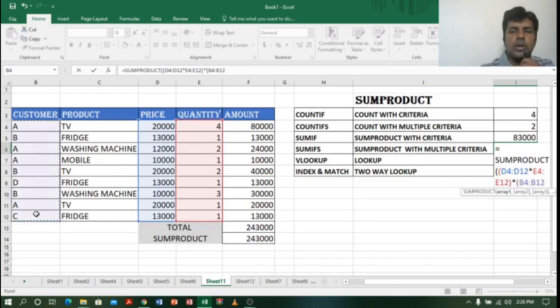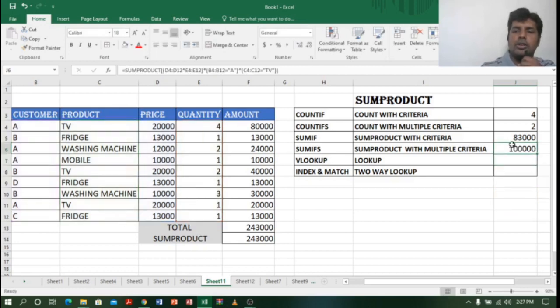In the customer column, what I am searching is equal to customer A. So I will type A in the double quotation, comma. Now the second criteria, not comma, close bracket, into open bracket. So what is the second criteria? Product, right? In product, what I am searching? TV. So is equal to TV. Close bracket, close main bracket, enter.